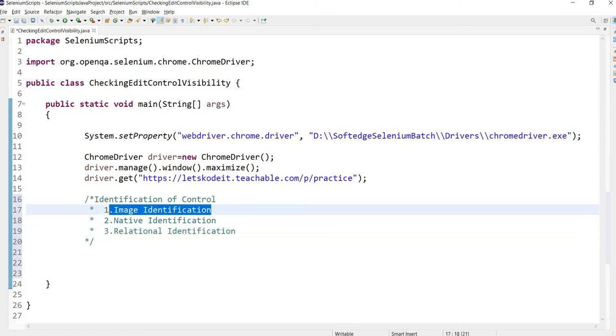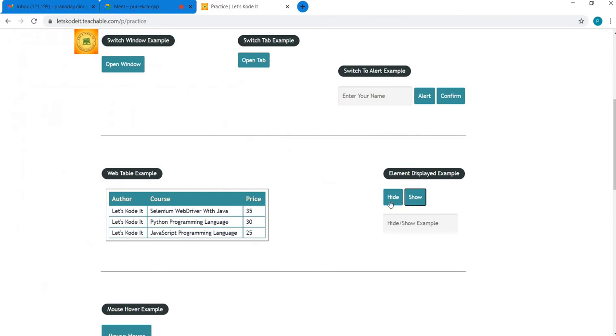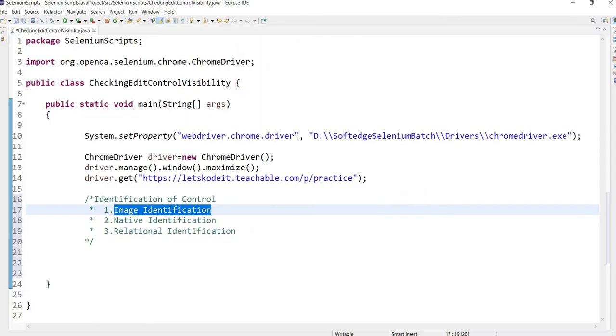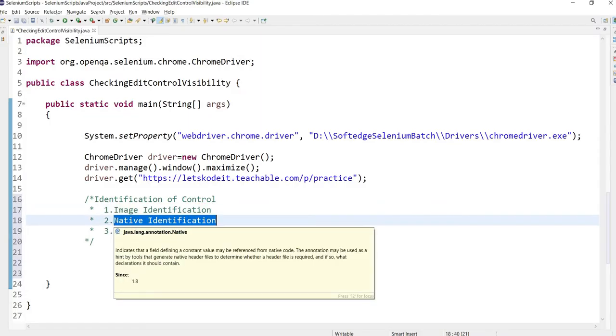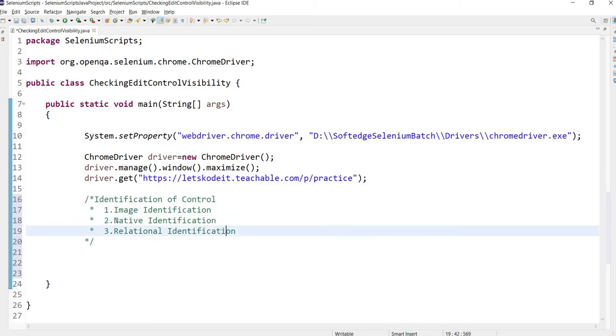In image identification we use the image of a control to identify the element. In native we use the properties, and in relational we make use of the relationship.